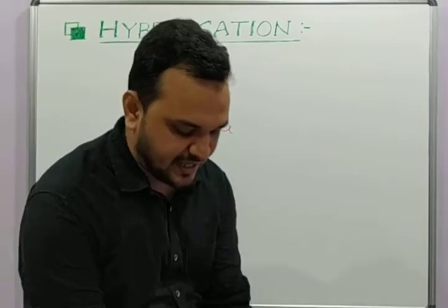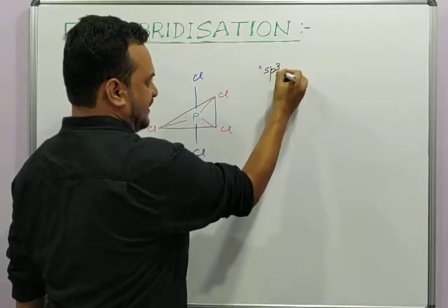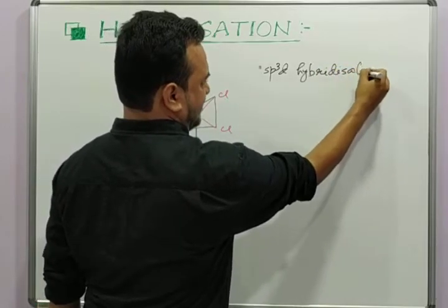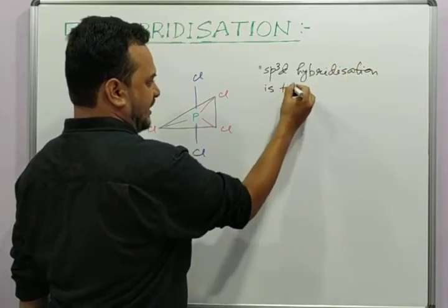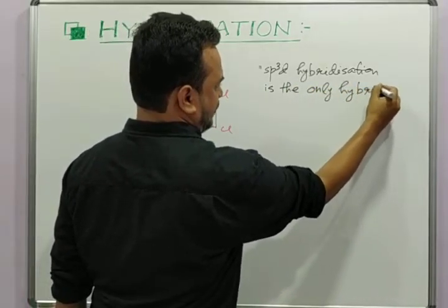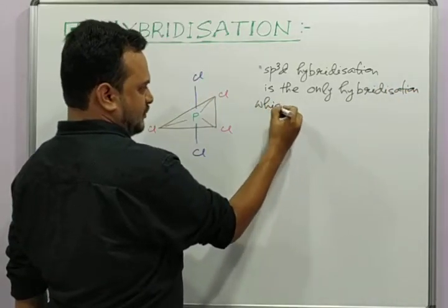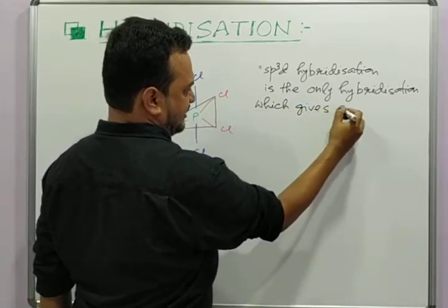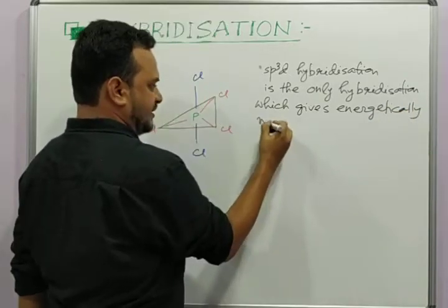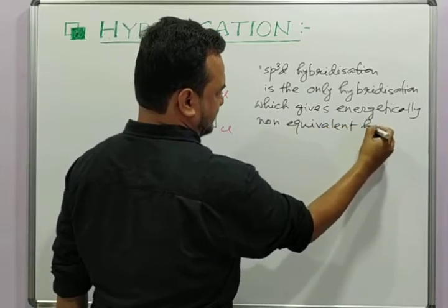So here we say that sp3d hybridization is the only hybridization which gives energetically non-equivalent hybrid orbitals. Okay,